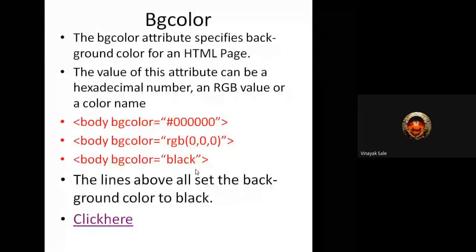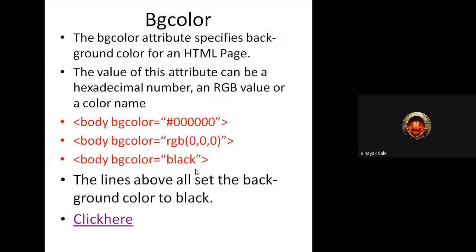Okay, in the next lecture we will see how to insert an image in the background, then HTML fonts, how to change the font of the code or website as per the user's requirement.